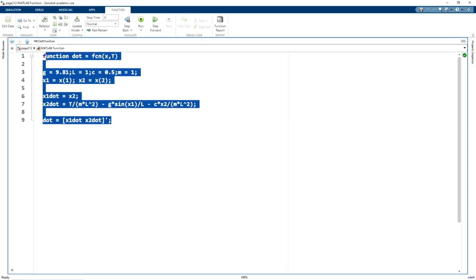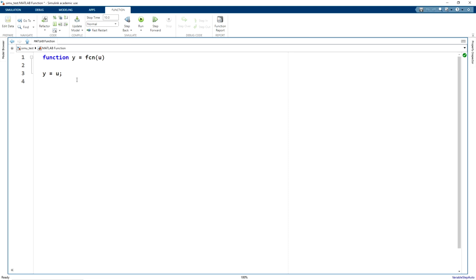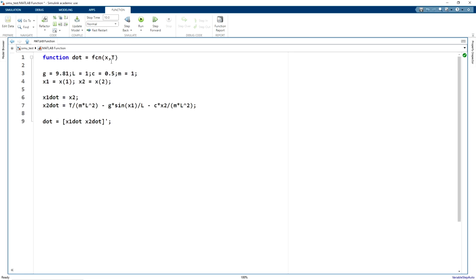This is the MATLAB function that I was talking about. Let me just copy this code here. So here input is the x vector, that is x1 and x2, and t is the torque, and g is 9.81, L is 1, C is 0.5, M is 1. Since x is a vector, we need to write what is the first element of x. I am denoting it as x1. x1 is x of 1, x2 is x of 2.